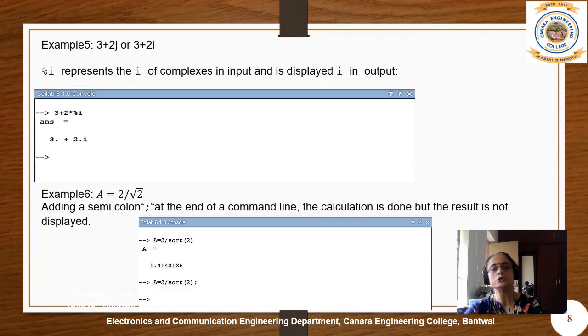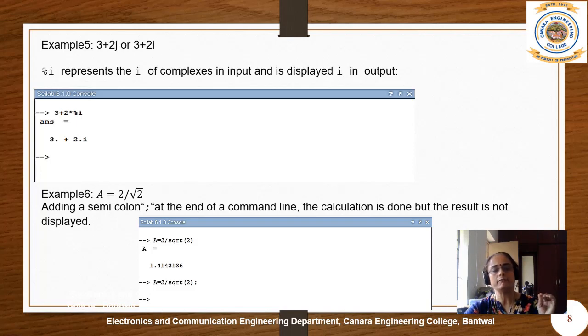This multiplication operator is a must. You cannot avoid it. Since I have not assigned this to any variable x earlier, as soon as you press the enter key, you get it as ans equal to 3 plus 2i. So it will consider that as a variable. ans is a variable which has been assigned the value 3 plus 2i.